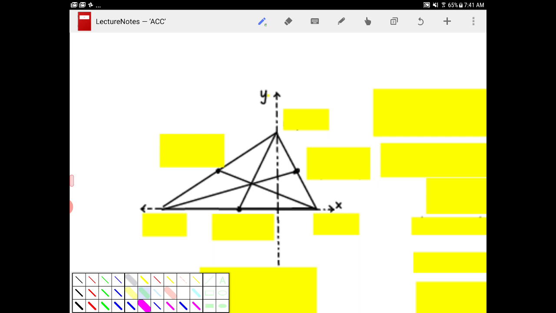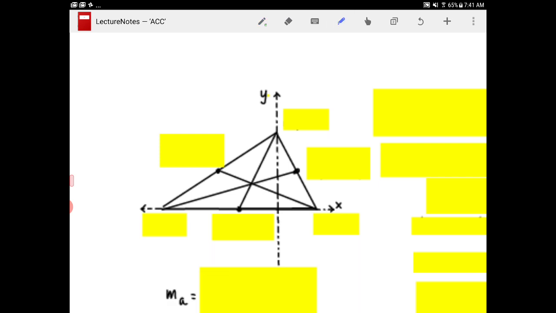So how can I plot a triangle on the coordinate grid so that I can possibly decrease the number of variables that I am working with? And if you think about this, right, probably the most efficient way, okay, is to place the vertices of the triangle on the x and y axes. And if you do that, and I'm going to slowly chip away at some of the things that I'm covering up here, if you do that, right,